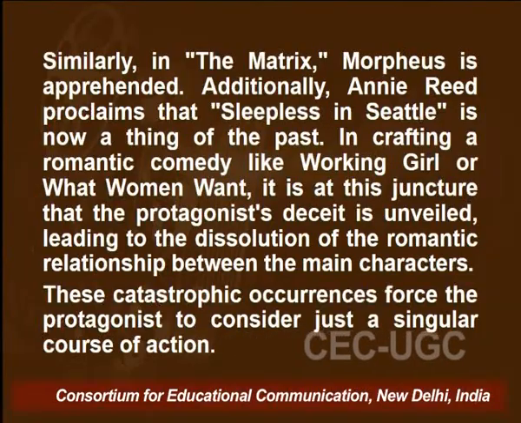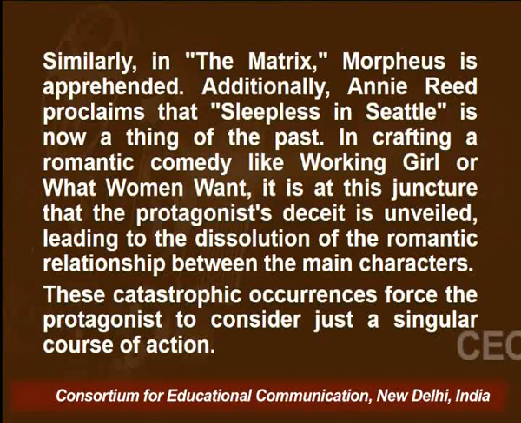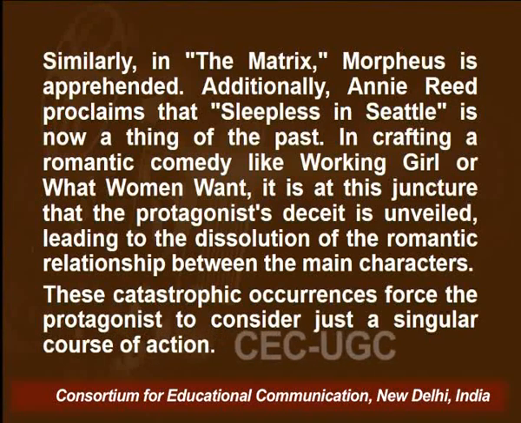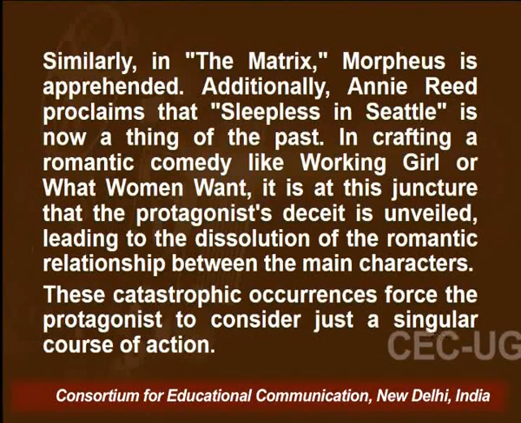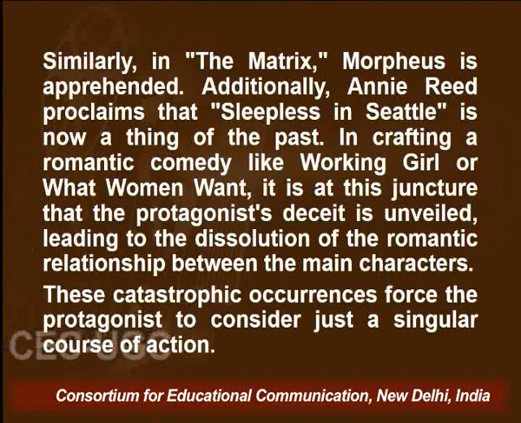So all these examples like Sleepless in Seattle or Working Girl or What Women Want, it is at this juncture that the protagonist's deceit is unveiled. Now at 75%, if you see all these three films, by the time your 90 pages are over, whatever plan the protagonist was working with is being revealed, and he is technically exposed, and Commodus is also exposed, Maximus is also exposed,